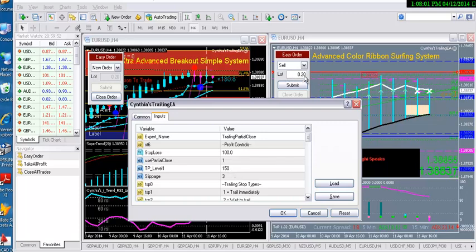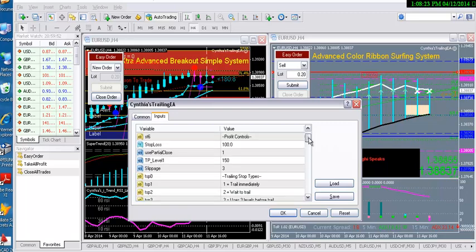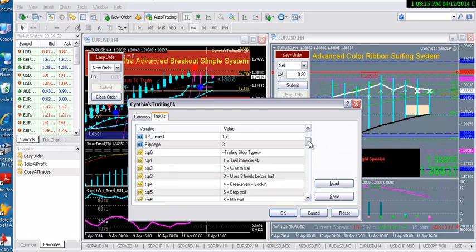So 0.20 would be your sell order, and when it reaches 15 pips in profit, it'll book half of this lot size. So 0.10 will get booked as profit, and then you have a remaining trade open of 0.10, which this trade manager, which is a trailing EA, will follow